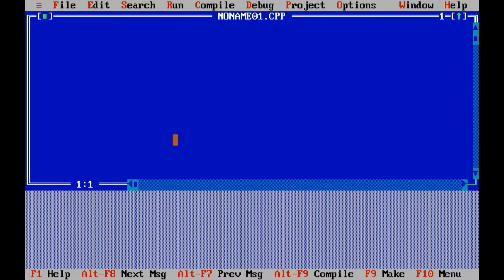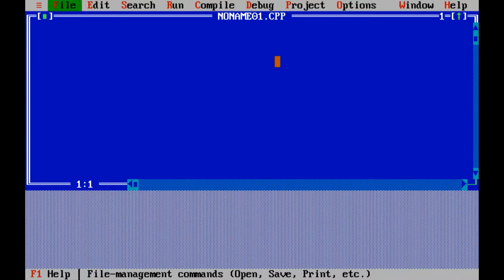Now we have to change the file name from NONAME01.CPP to a file name with the .c extension, because we are going to execute code in C. So again I'm pressing F10. See, my File menu is automatically selected after pressing F10.